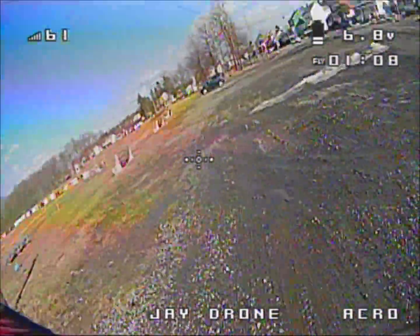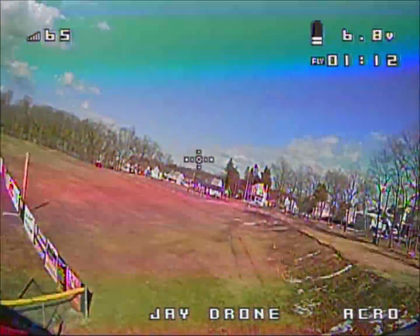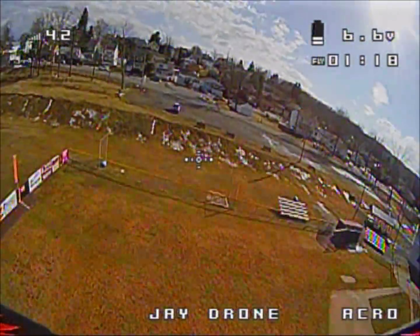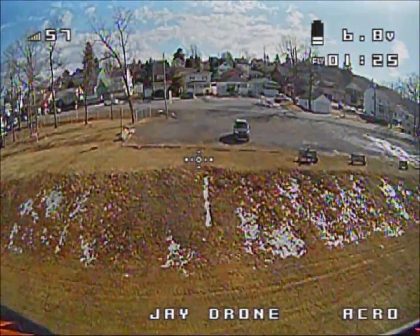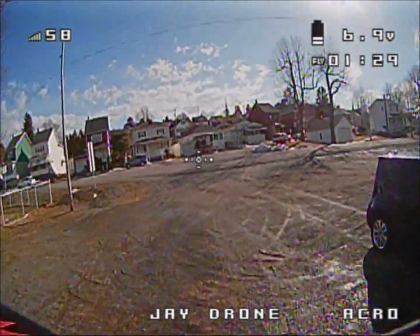We will start doing a little bit of flippage, a little bit of acro here. As you can see, bottom right, we are flying in acro. I've built my confidence with flying acro with this because of how durable it is. I've smacked this off the pavement pretty hard. It didn't break. I had a couple scratches on it,